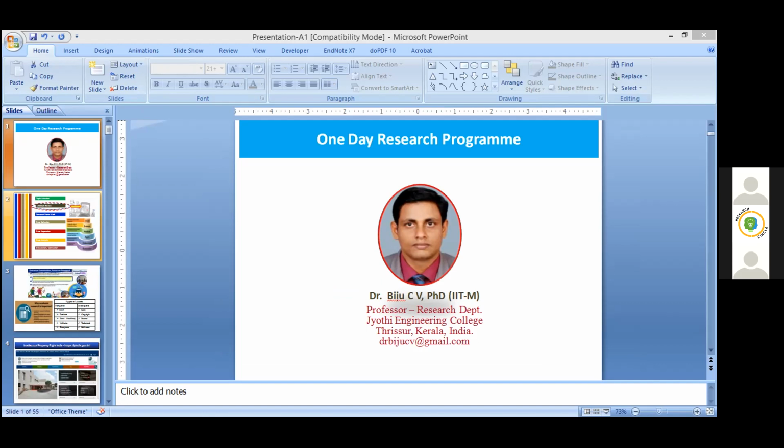Then, what is the importance of the literature review? You know that we are not developing anything totally new. So we have to go to the history, to see the present status of that particular research. So to know the current status, or what work has been done so far, we have to carry out the literature review. So literature review is the first phase of any